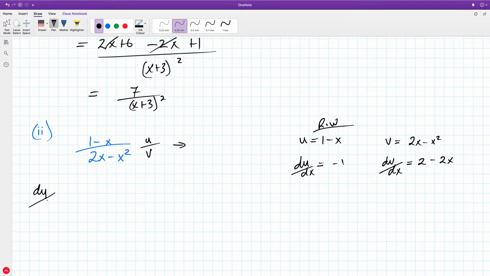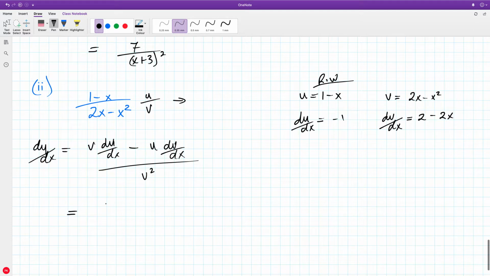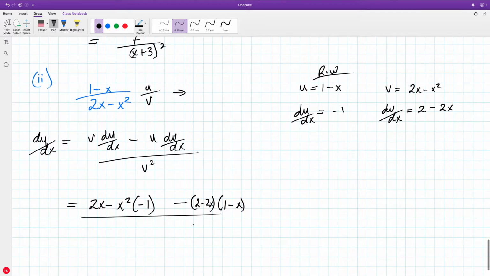Then dy dx is equal to v du dx minus u dv dx all over v squared. So that's equal to v, which is 2x minus x squared, du dx is multiplied by minus 1, minus u, which is 1 minus x, by dv dx, which is 2 minus 2x, all over